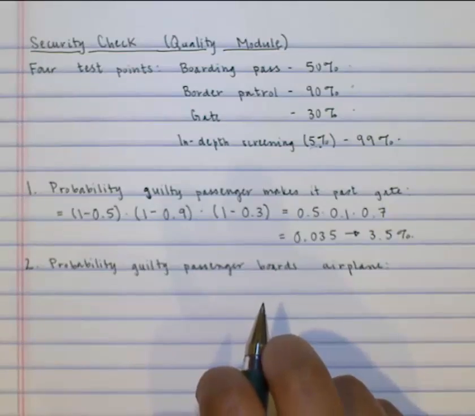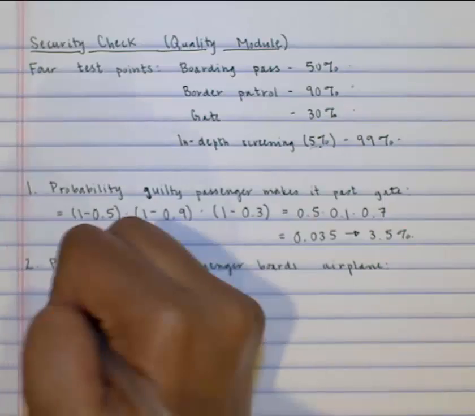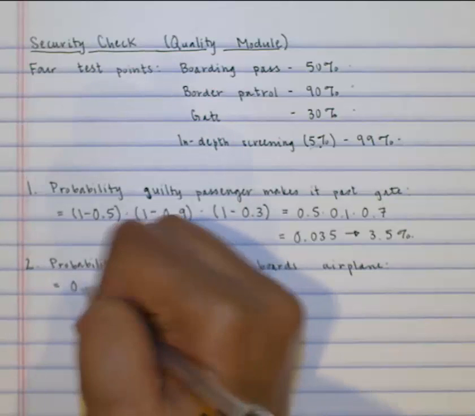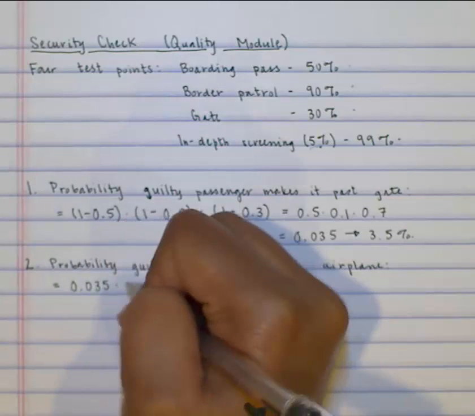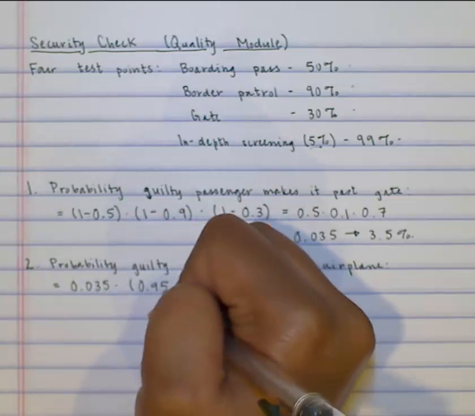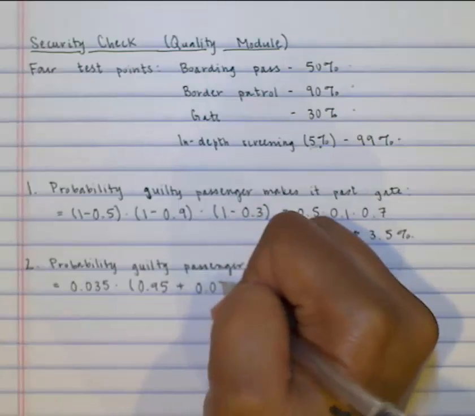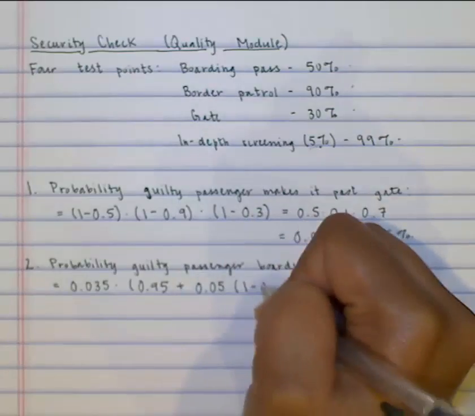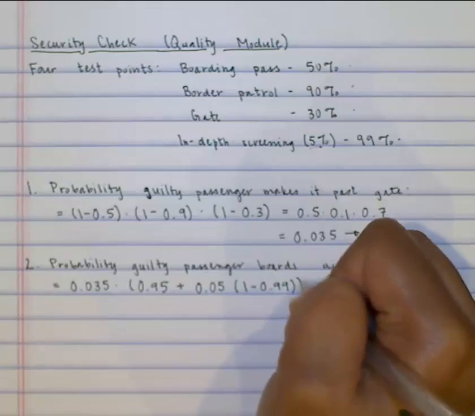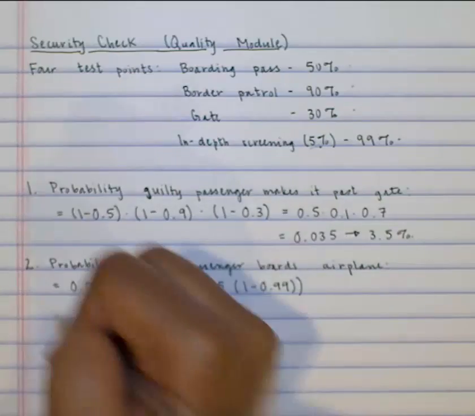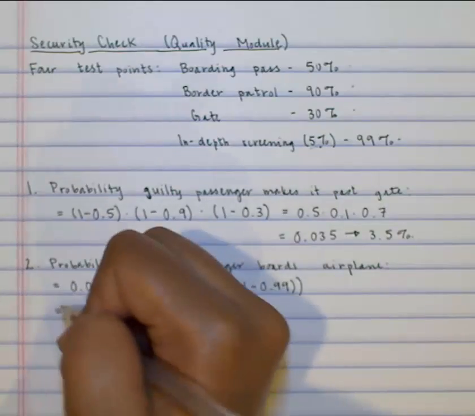This is the probability that the passenger makes it past the gate times the probability that the passenger makes it past the 4th checkpoint. That is 0.035 times 0.95 for the 95% chance the passenger is not selected for screening, plus 0.05 times 1 minus 0.99 for the 5% chance the passenger is selected for screening, times the probability the violation is caught. Notice that I have 2 sets of parentheses here, so we need to be mindful of order